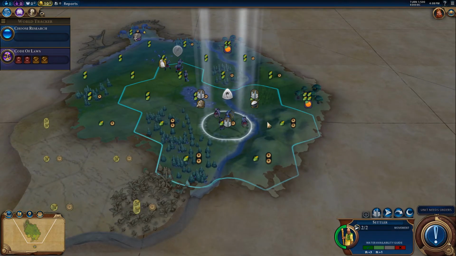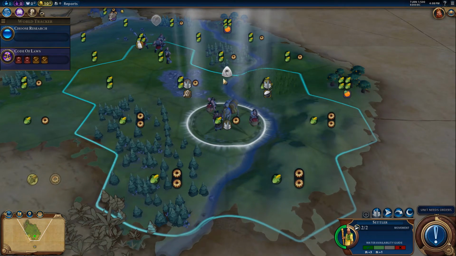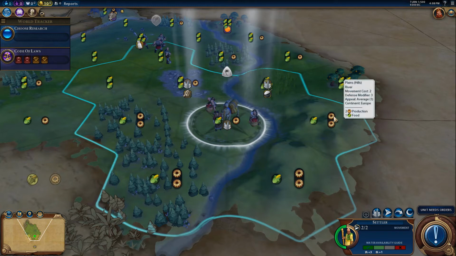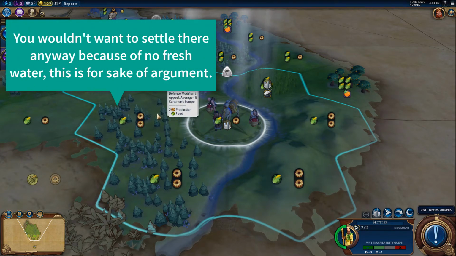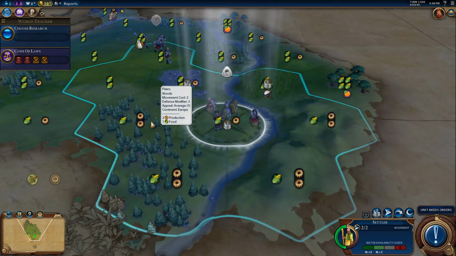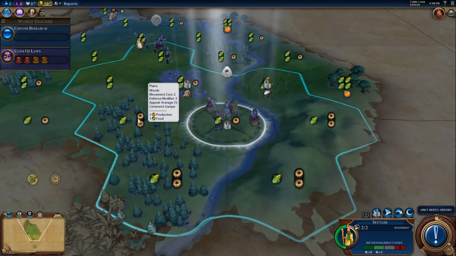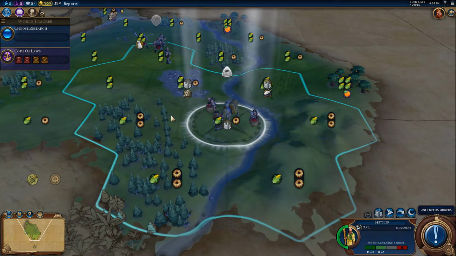Now, we want to settle a place that has 2 production. If we settle here, we only get 1 production. So you would think, okay, move my settler over here, and I have 2 production, but that's wrong because this tile has woods, and when you settle, it's going to remove anything that's on that tile, like woods or marsh and things like that. So if I go over here and settle on these woods, it'll actually remove the 1 bonus production I'm getting from the woods being there. So see if I move over here,